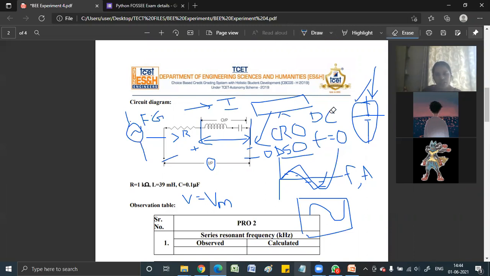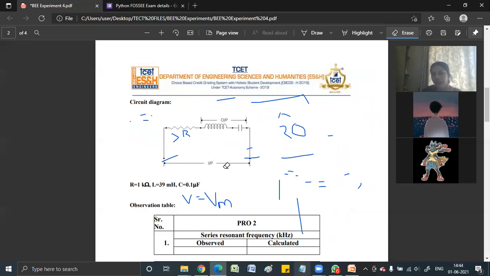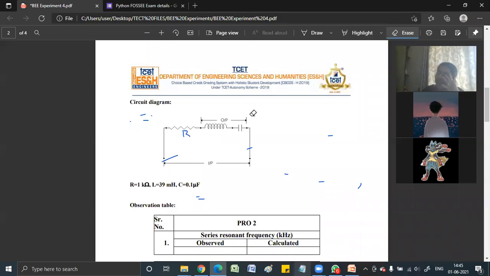So what is the procedure that we are going to follow? As we already know, at our resonant frequency, the current is maximum, right? So if the current is maximum, that means the voltage is minimum. My VL minus VC has to be very, very small. Ideally, it will be 0, but practically, it will be very, very small, like 0.1 or less than that. Such a small voltage will be there at the output that we are going to see over here.